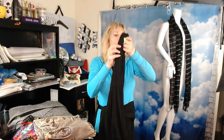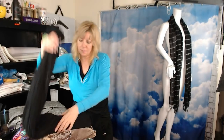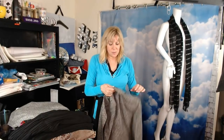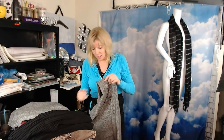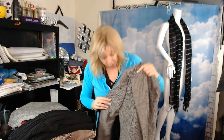So again, one of those crinkle tiered broomstick skirts. Tiered and the crinkle broomstick. Double D Ranch, anything. I find a lot of it here in Colorado. And I find a lot of Escada. I found another Escada suit. This one is exclusively for Neiman Marcus. So that's going to be even more helpful. Escada for Neiman Marcus. And it's probably a little...